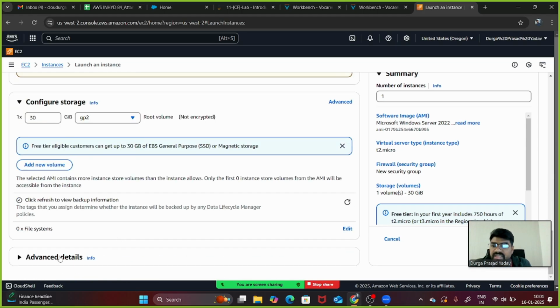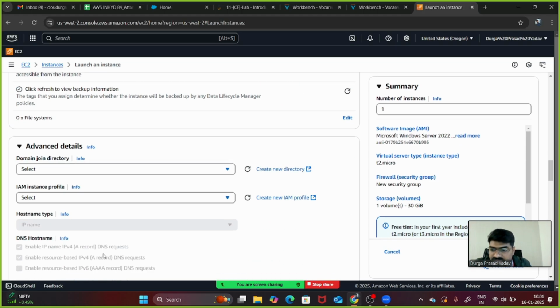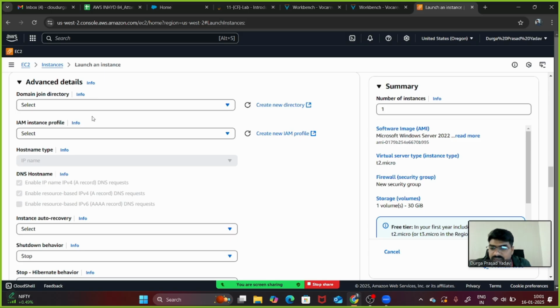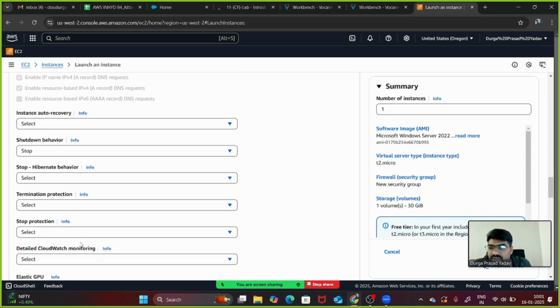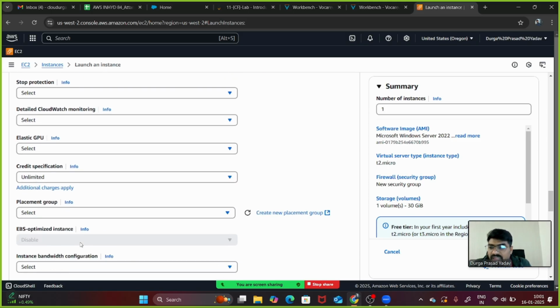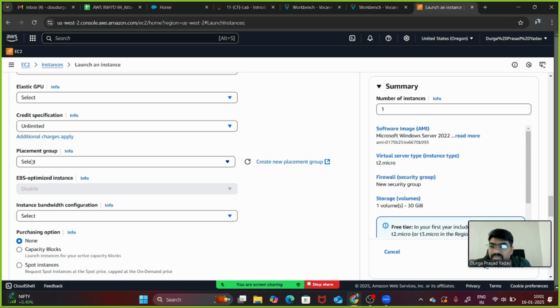So let's say LMK is the key pair, this is the network setup, and here we will go into advanced. Under the advanced, right now we are not learning all the top options, we are going to check only the last option under this, which is placement group. Are you able to see this placement group, guys? For now, placement group is visible to you all.